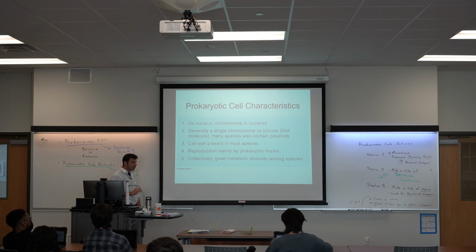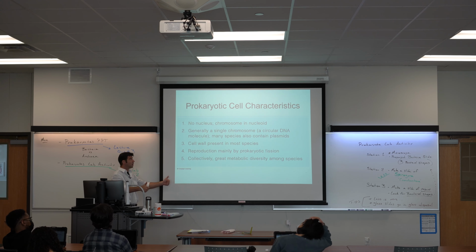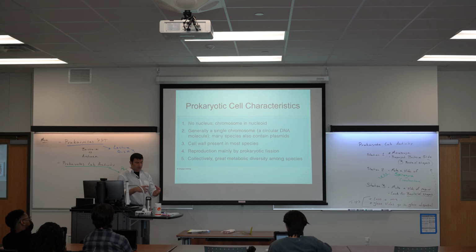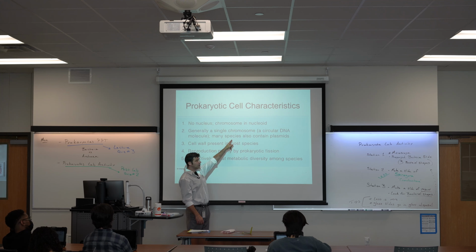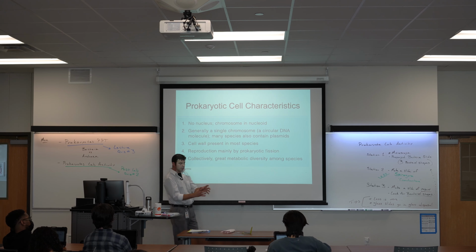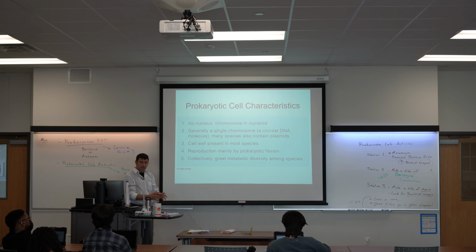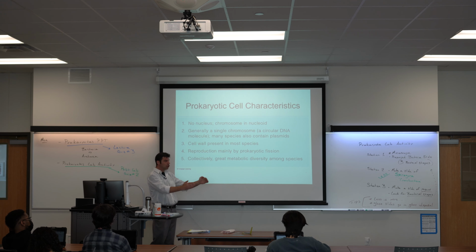Putting our 1406 hats on for a second, we remember some general characteristics about prokaryotic cells. So this is going to go for Archaea and bacteria. We're going to see that they have no internal organelles, so no nucleus, none of the other internal compartments. Their chromosome just kind of floats around in that fluid of the cell, the cytoplasm, kind of like an open swimming pool. Generally, the DNA is going to be just one circular loop. Sometimes these prokaryotic cells will have, in addition to this circular loop of DNA that I sometimes describe as like a necklace,